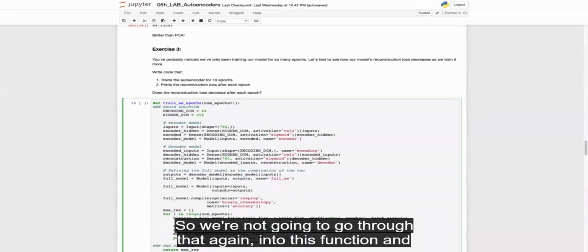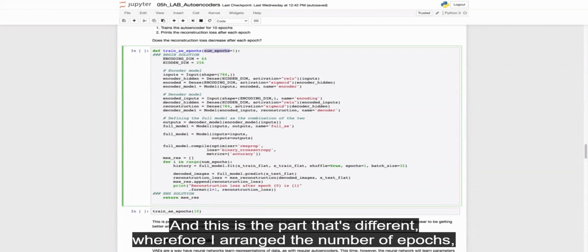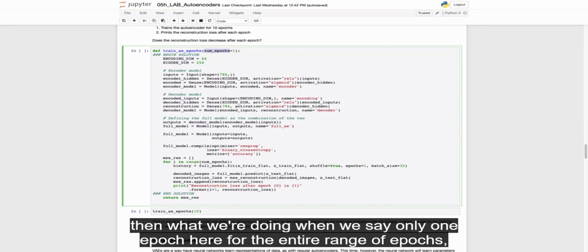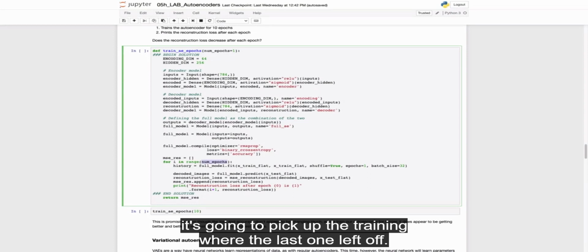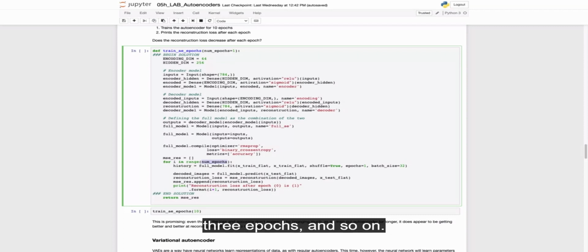So we're not going to go through that again into this function. And then we just say the number of epochs that we want to run through. And this is the part that's different, where for i in range the number of epochs, we keep fitting the model to the training set. And recall that if we're not reinitiating the model, then what we are doing when we say only 1 epoch here for the entire range of epochs, it's going to pick up the training where the last one left off. So we'll see the results for just 1 epoch, for 2 epochs, for 3 epochs, and